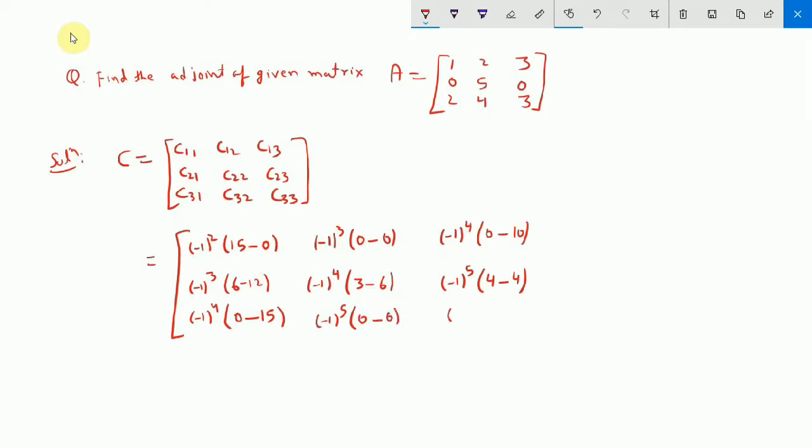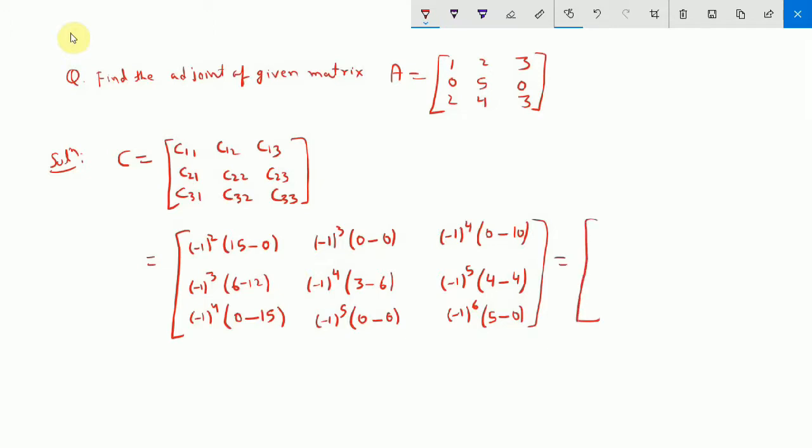Next, minus 1 to the power 6, 3 plus 3, and this will be 1 into 5 minus 0 into 2. So our cofactor matrix will become,